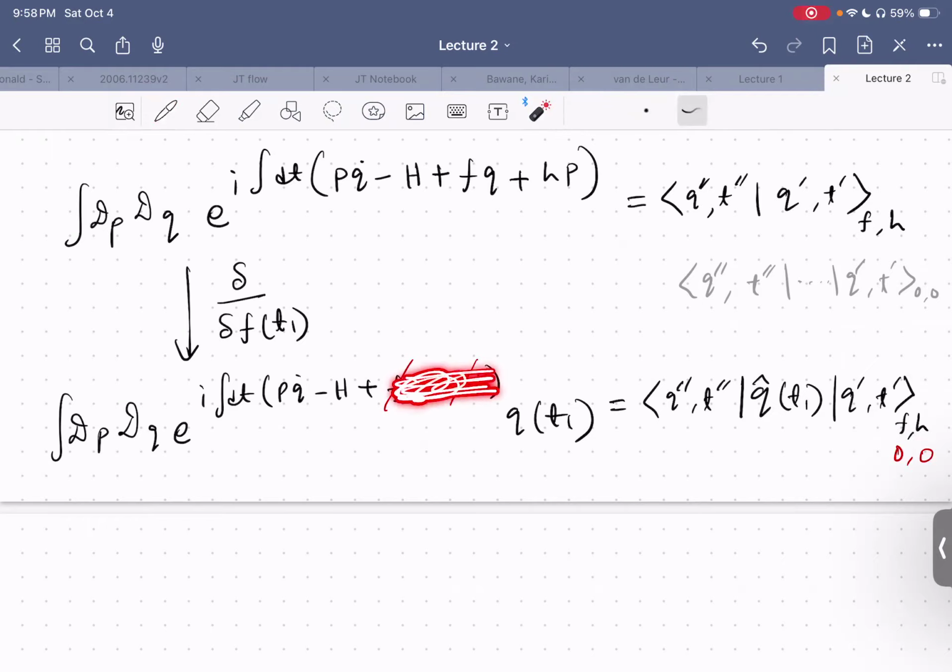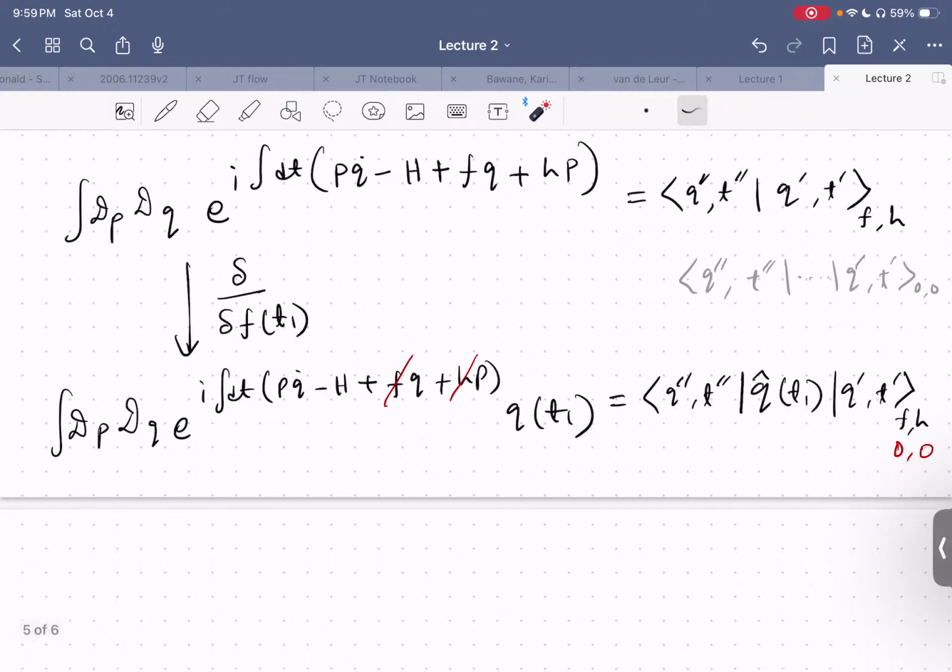And then what you're left with is exactly what we wanted, right? You have the usual path integration with the usual action and this additional insertion that corresponds to this operator insertion evaluated at 0 and 0. Okay. So the point is,